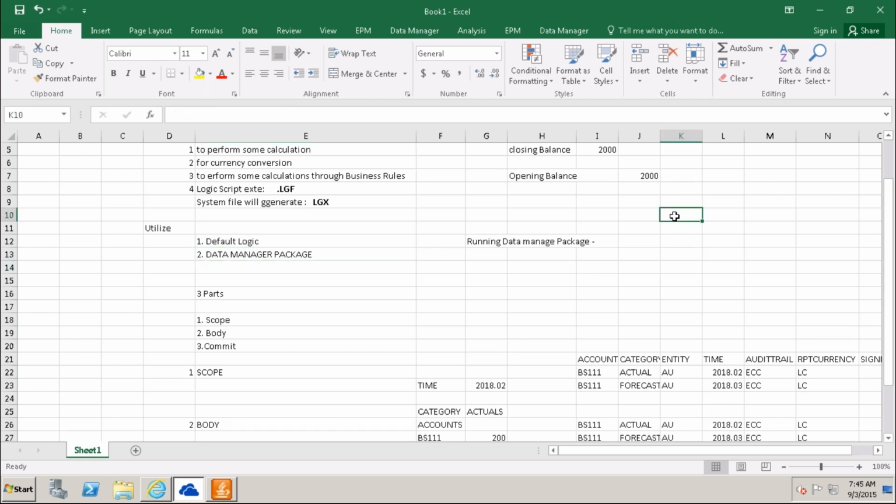For example, you have two data manager packages. First, you run one to load the actual data. Once the actual data is in your database, you run the second data manager package to convert it into forecast values. Whether to run it or not is your choice.